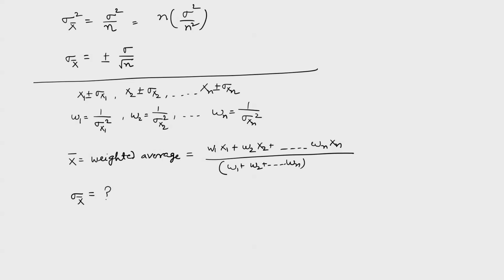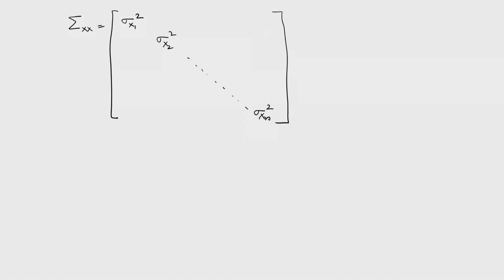That is the problem now. I made the problem a little complicated. First I took a simple problem, then I made it a little complicated. Okay, try to find out. I will also solve here. So, what is sigma xx here? Sigma xx is sigma x1 square, sigma x2 square, sigma xn square. Remember, observations are still coming from the field observation.